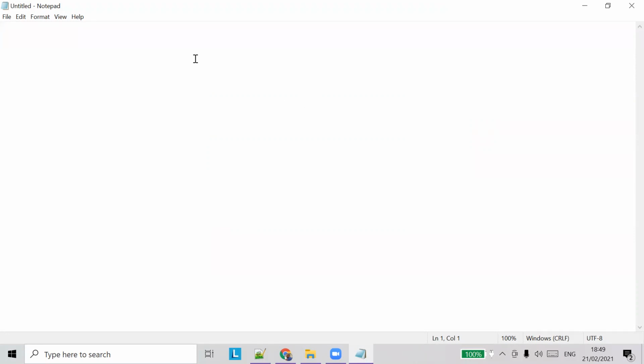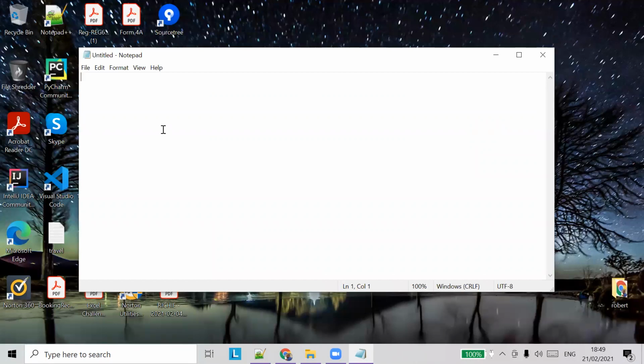It's not so complicated as Word and doesn't have as many features as Word, but you can save some basic data, maybe your name, something like that. Basic text, simple text files can be saved in Notepad. So we'll see about this first.